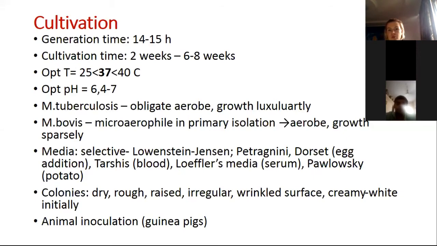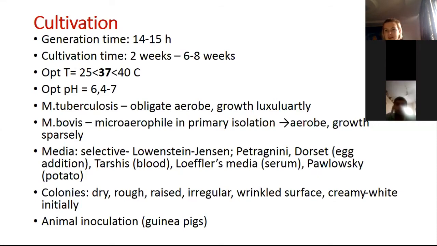What media will we use? Selective and most common. And you will find this name in different tests, maybe after you finish our university. Mycobacterium tuberculosis bacilli should be cultivated on Lowenstein-Jensen media. Other media are modifications of this media, but